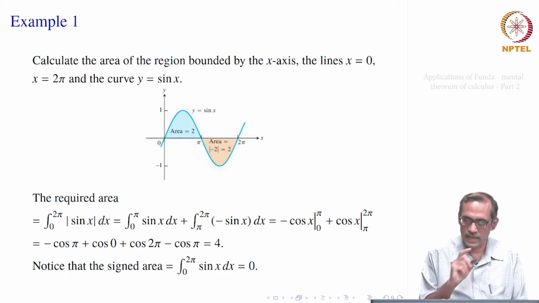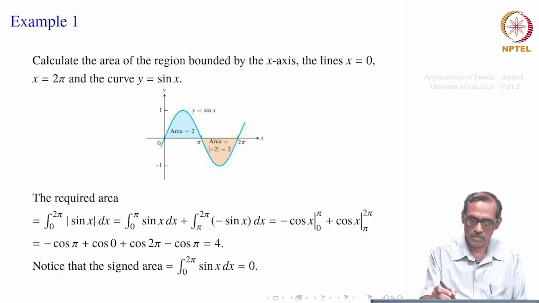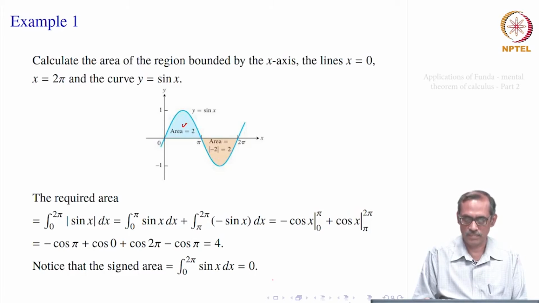But suppose you take the signed area, then you would have taken the integral 0 to 2 pi of sin x dx, and that would give you 0, because it will give you minus cos of 2 pi minus minus cos of 0, and at 2 pi and at 0 they both are the same. So, it gives the value 0. Also geometrically you can see this area equal to 2, and this area equal to really, if you take the integral pi to 2 pi of sin x, that gives you minus 2. So, they really cancel and give you 0 in the signed area, and you can revert back by taking it as minus 2 mod, which is the area of the yellow one.